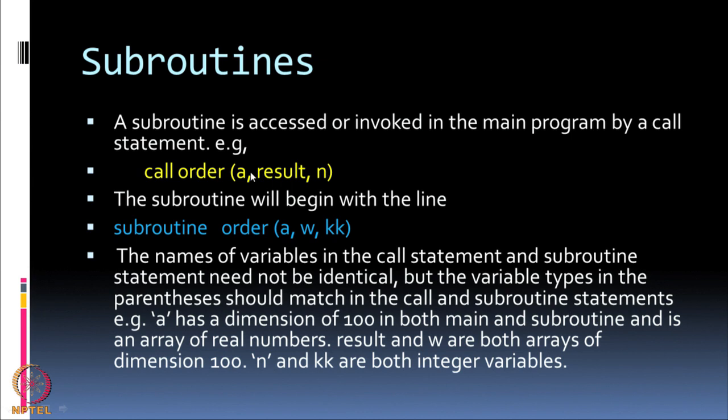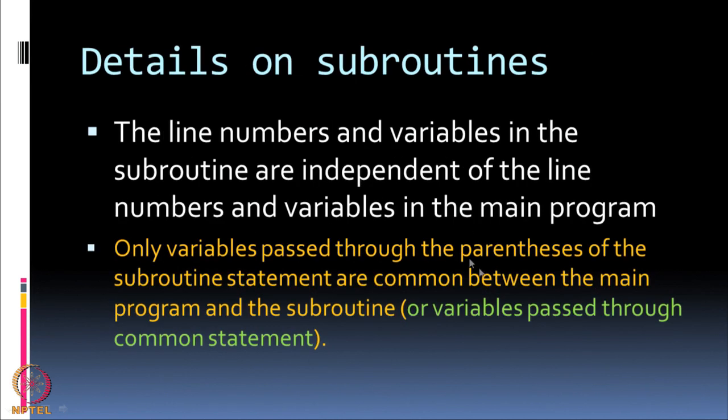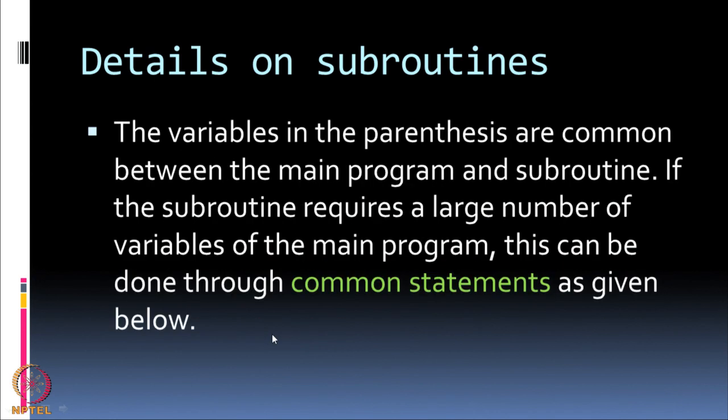But suppose you have many variables you want to pass through, it becomes too much to write 20 or 30 things in this bracket. So, there are other ways of doing it, which is called a common statement. So, that is what is written here. You can convey information between the main program and the subroutine through the things written in the parenthesis, that is one option. The other option would be through a common statement. We will also discuss the common statement, that is my next discussion. So, I again summarize, either you have a common statement or you pass the variables through the parenthesis. Two options to convey information between the main program and the subroutine.